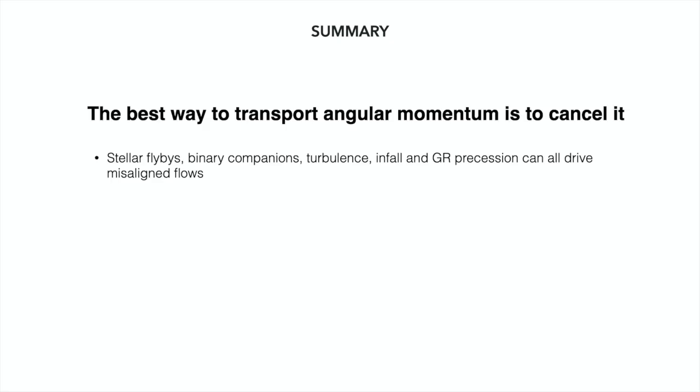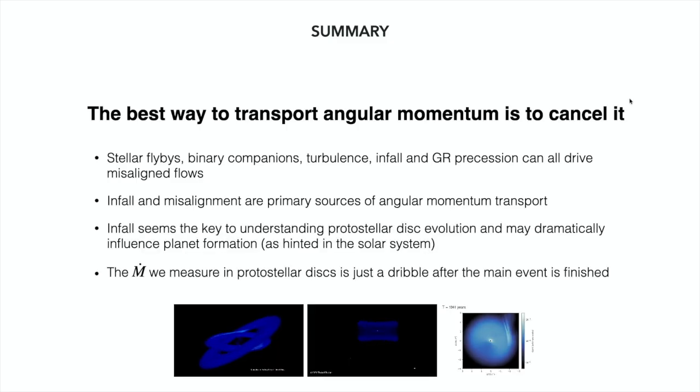So if you want to get rid of angular momentum in a disk, you just basically go like that. All right? And so that's more or less the summary from everything we learned so far: you can forget about disks in a lot of cases, actually. If you want to do a lot of angular momentum transport, you just do it in a dramatic way. And nature seems to be doing that in a bunch of cases.